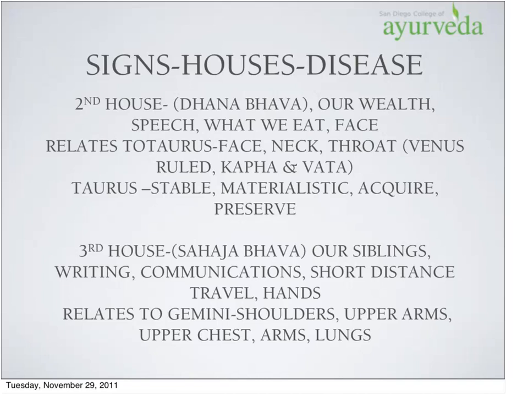Third house is a very strong house for all kinds of communications. It deals with short distance travel, the kind of travel that you would be doing with commuting day to day, maybe to your job. It also deals with the hands and the arms. So in the natural zodiac, the third house relates to the sign of Gemini, which Geminis are the known communicators in the zodiac. Geminis are very interested in